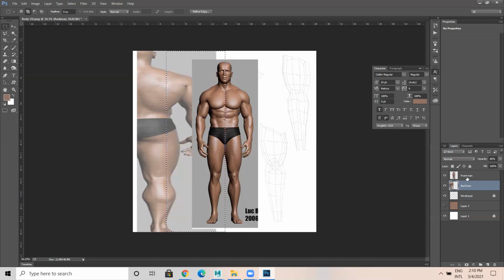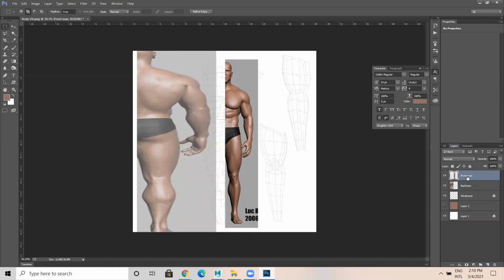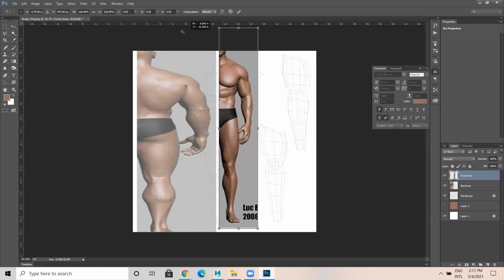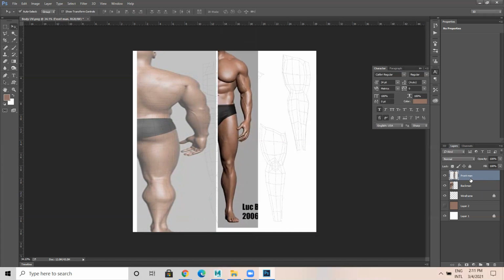I need to select the front view and delete this, Control D, and transform. Again, make sure the wireframe is on top. Now I'll take the front view and reduce the opacity a bit so that I can see my wireframe.